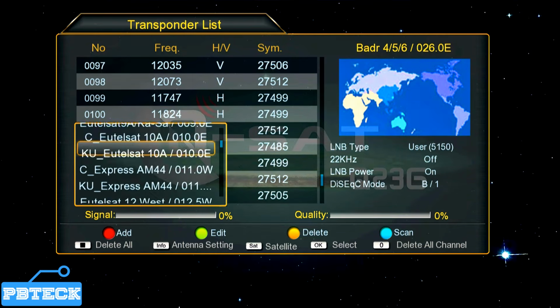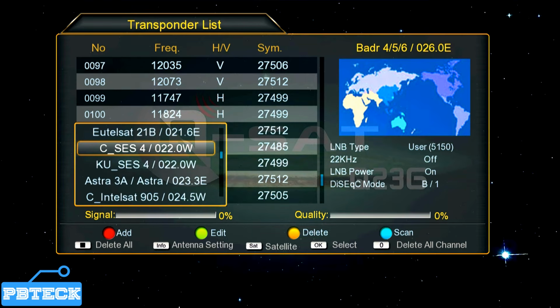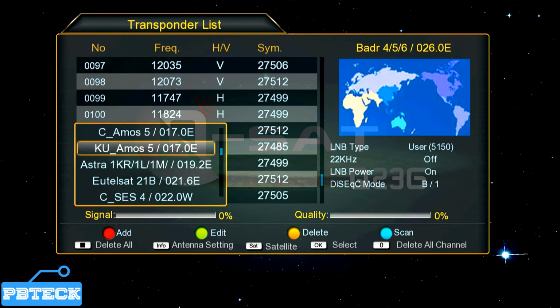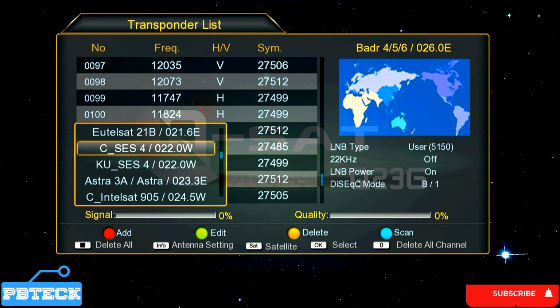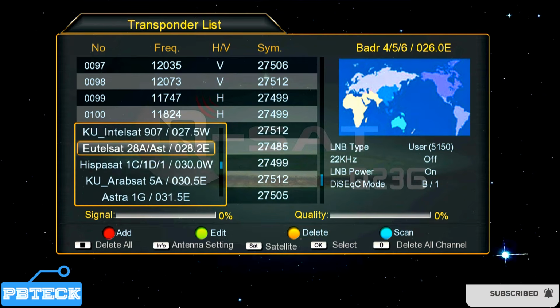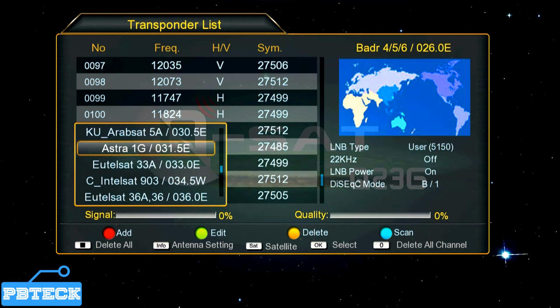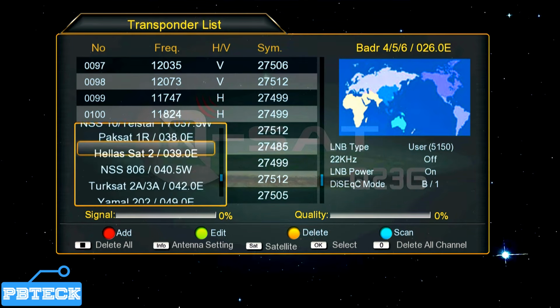So you look through the options. You can select a different satellite option as well. If on your FTA decoder, you are using this tutorial and there is no Astra 3A or Astra 2A2B on it,